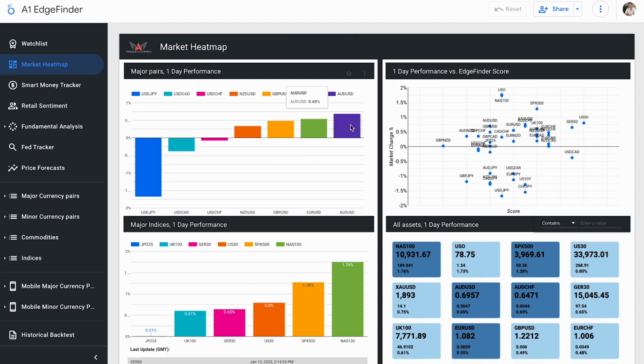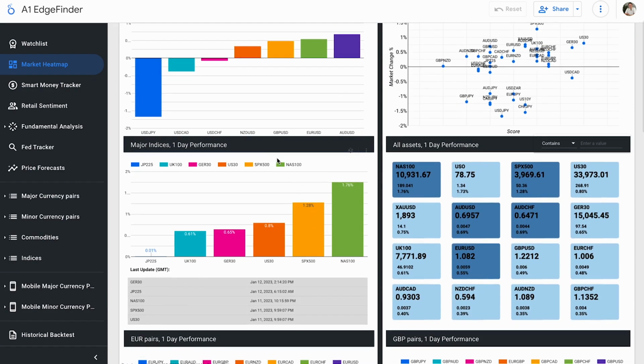We can see Aussie US is actually up 0.69% on the day so far, and USD JPY is down a pretty significant 1.68% on the day. Most of our indices are up. We can see here are our US indices that we just talked about. They are spiking on the day off of that CPI news, came out as expected, dropping inflation down. US 30 up 0.8%, the S&P 500 up 1.28%, and the NASDAQ 100 up